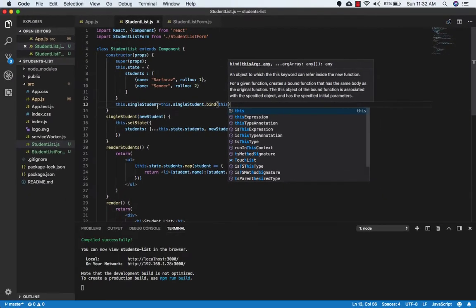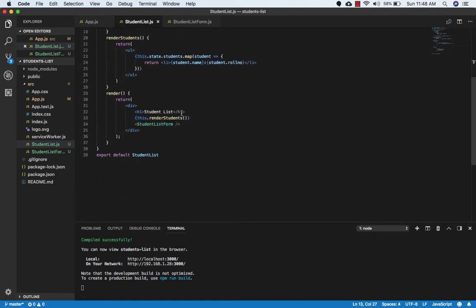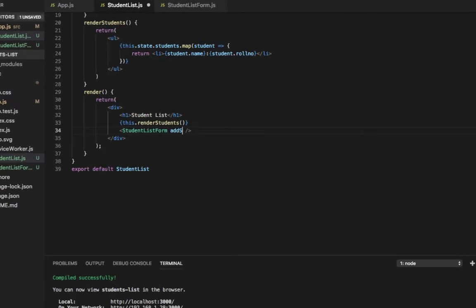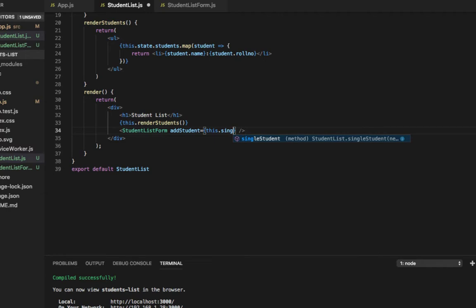Let's save it. Now we can pass this singleStudent as a prop in StudentListForm. We can give any name for the prop, so I'll name it addStudent, which is equal to this.singleStudent,